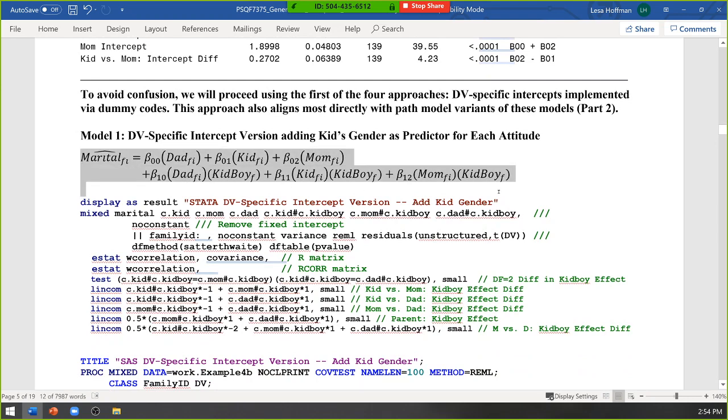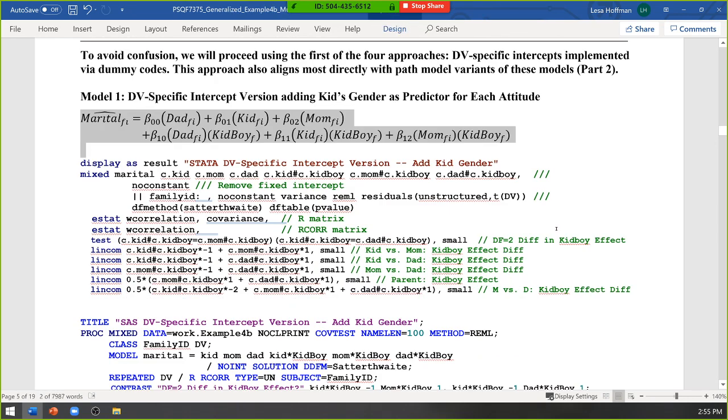So here's our first predictive model, writing out all the intercepts myself so that I have full control over everything, and putting in one predictor. I'm looking to see whether or not attitudes differ as a function of the gender of the adult child. I already know the gender of the parents. By definition, in this study, I have moms and I have dads, but their adult child could be a boy or a girl, and that may color how conservative their gender attitudes are. So I'm putting in the kid boy is the name of the parameter,